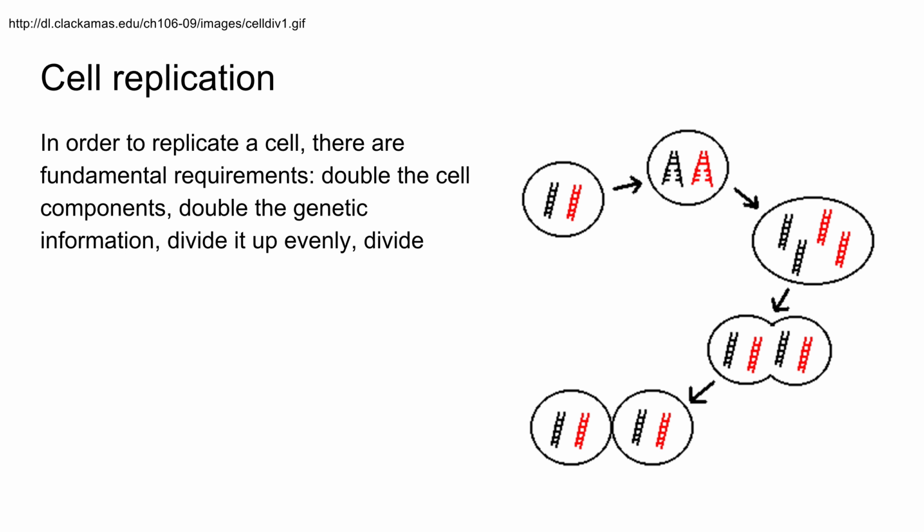The catch is when we split everything apart, we have to make sure that we have equal amounts of things in both cells. And that includes having the equal numbers of chromosomes, meaning we number our chromosomes 1 through 46. Well, technically 1 through 45, then we have an X and a Y or an X and an X. So by the dividing up, what I mean is each cell will have a chromosome 1, each cell will have a chromosome 2, each cell needs to have chromosome 3, each cell has a chromosome 4, and so on. The reason for that is if you're missing some chromosomes, this might be bad because those chromosomes are probably essential. And you also run the risk of if you have too many chromosomes of one particular kind,